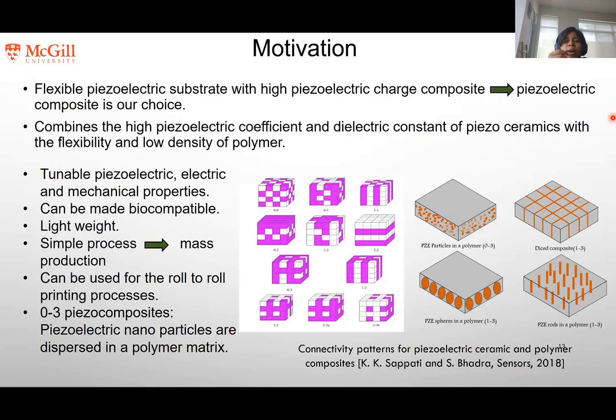So what I'm going to talk about next is we were trying to make some acoustic sensor, and we were thinking of making a flexible piezoelectric substrate that has a high piezoelectric charge constant. So to make that,